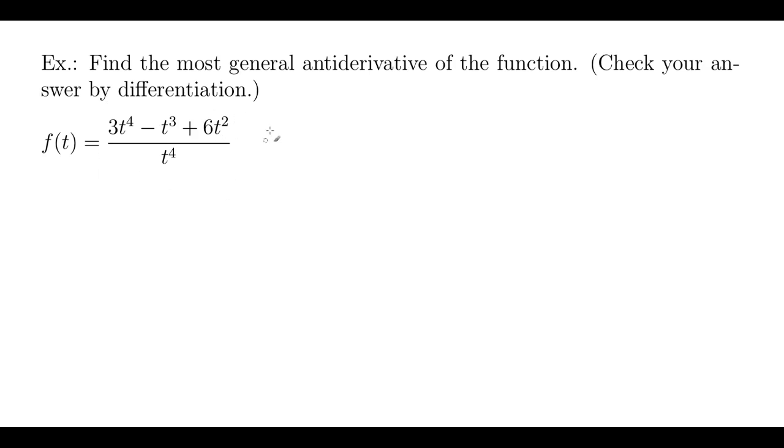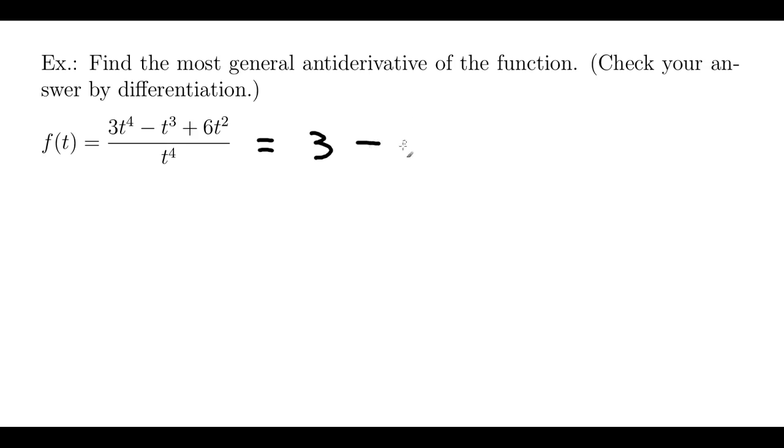Hopefully, by this point, you have learned that if you were taking the derivative of a function that looked like this, you wouldn't actually want to use the quotient rule. That is excessively complicated. You should instead divide this t to the fourth into each term. So let's do that here and see what happens. Doing that division, simplifying it algebraically, we get 3 minus